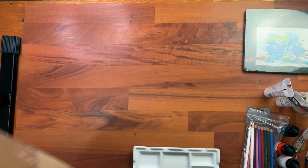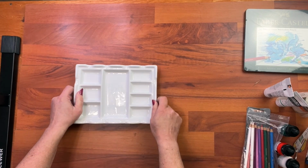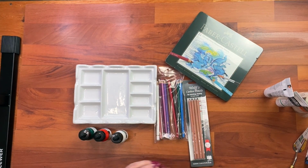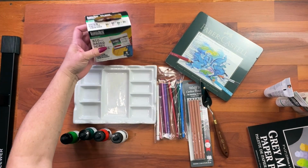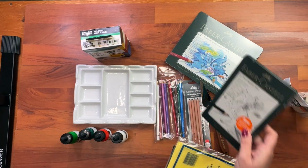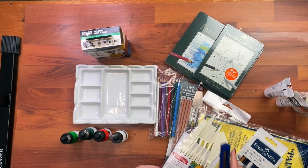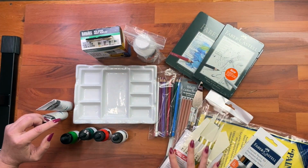Let's get rid of the box. And we'll move everything out there so you can see it all. And I will, as I said, do reviews. Especially with this paint, I've been anxious to review that to see how well it works. And with the matte pencils too, I'm just excited to use those. Well, get rid of that. There, so it's a nice little